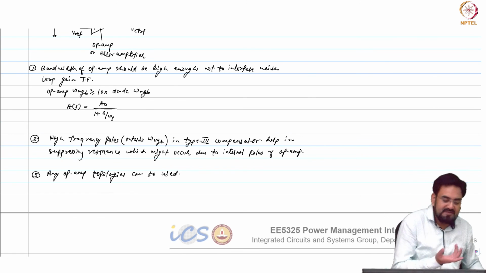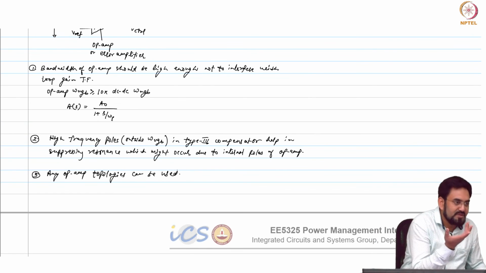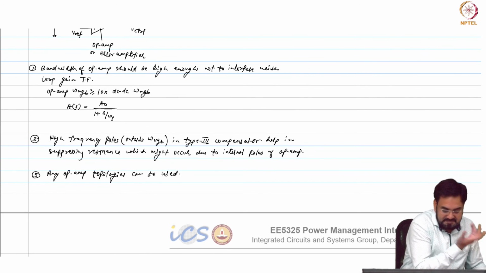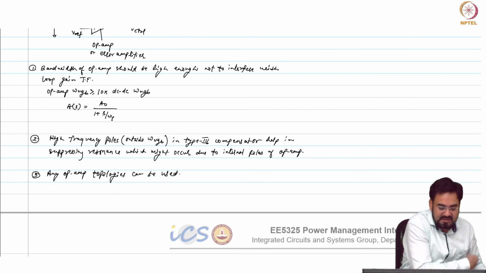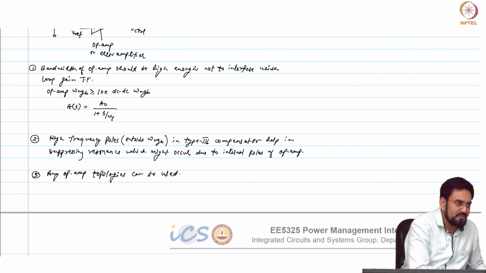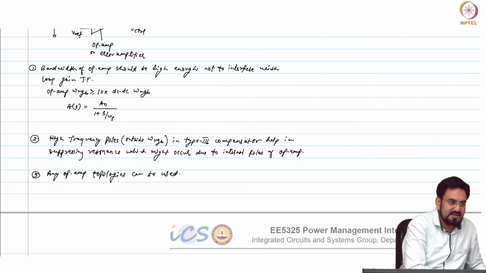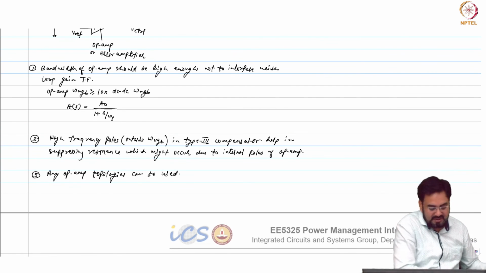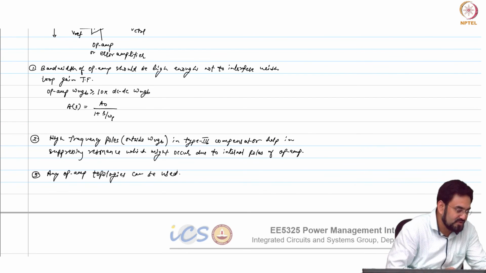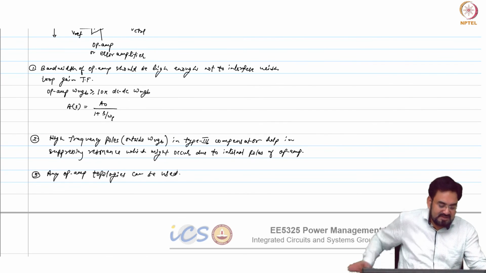So the gain requirement, if it's 60 dB, then you may go with a simple two stage. Okay, and if your gain requirement is, let's say, a bit lower, then you can go with a single stage also in that case. And another way, with a single stage, if you want to increase the gain, you can go with telescopic, where you cascode in the single stage and get the higher gain, by increasing your R out. So you are free to use any op amp topologies, folded cascode or your simple two stage or telescopic, as long as you meet the performance. So that's your choice actually.